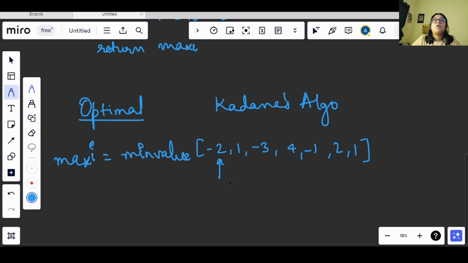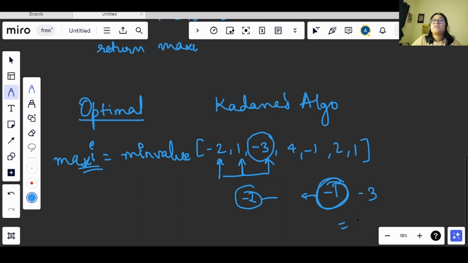right? Now what will happen is, let's say I have updated my maximum value, that is fine, but for the first time I will have -2 stored there. Okay, fine. Now when I will try to add this both, I will get -1 here. Now again I will compare which is greater in both of them. This one is greater, right? So after that I will add this again. So what will I get, -1 and -3 will give me -4, right? So this will become more negative.